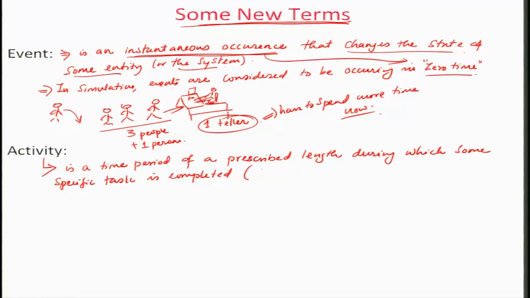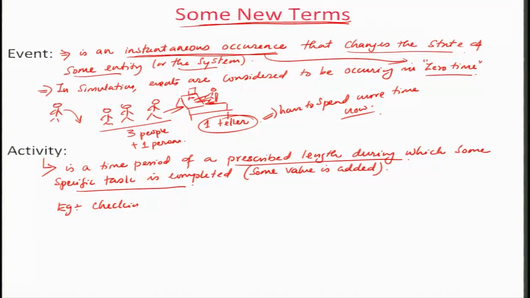Some people say some value is added. It does not have to be a value addition, but some specific task is completed within a prescribed length of time period. Some examples of this will be